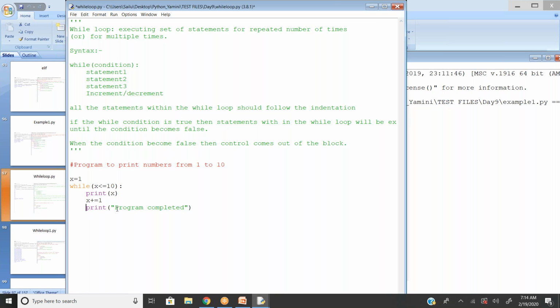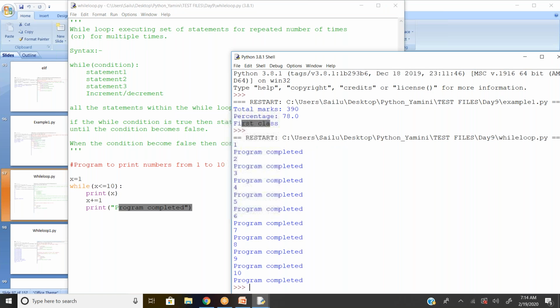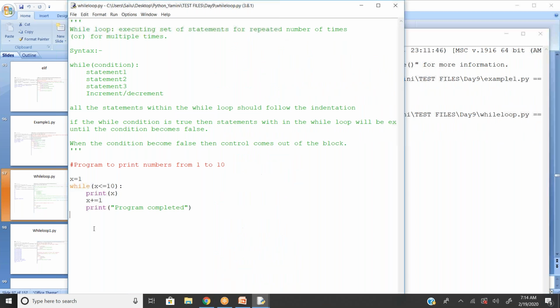What will happen is this program completed will also print 10 times. You can see it got printed 10 times because the indentation, the space, decides whether the line is part of the block or outside the block. Is it clear what I'm trying to say?